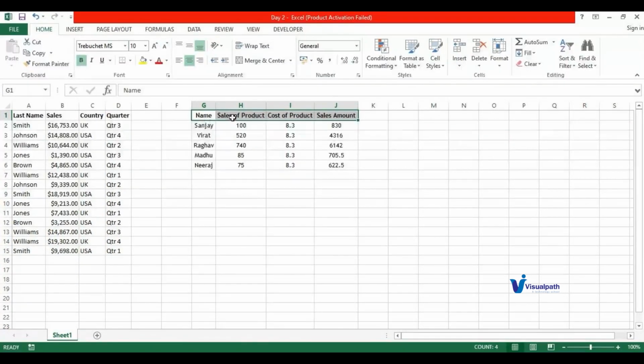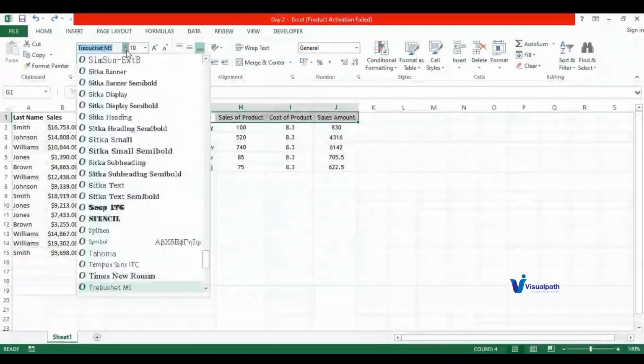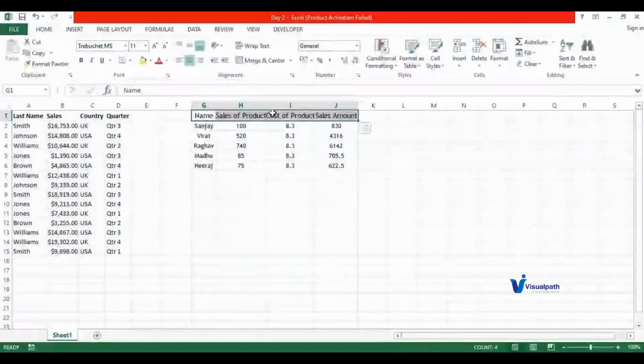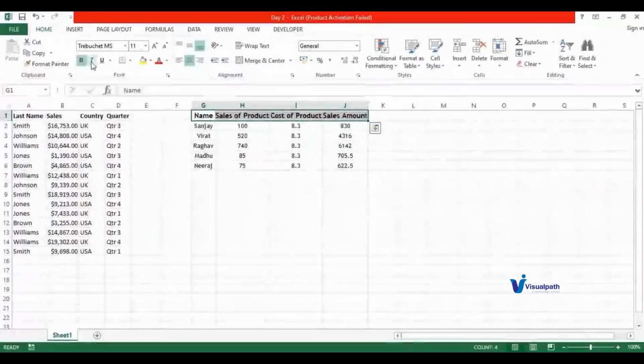Now what did I do? I have bolded it. There are a couple of shortcuts as well which I'll tell you in between. Some of the shortcuts you are already aware of, like Control C for copy, Control V for paste, and Control X for cutting and pasting, right? Similarly, in between our session, we'll keep on talking about these shortcuts as well. Like from here, I am making it quite bigger, so it is looking like it is not part of the data set, but it is a header. Similarly,